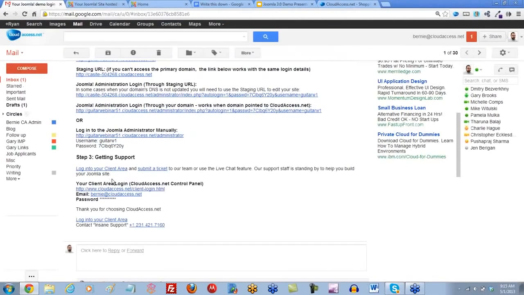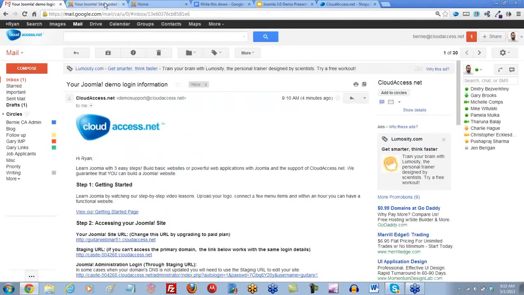And step 3 here is all about the client area and submitting tickets. Kind of something we already walked through, but again, your details to log back in there as well. So let's